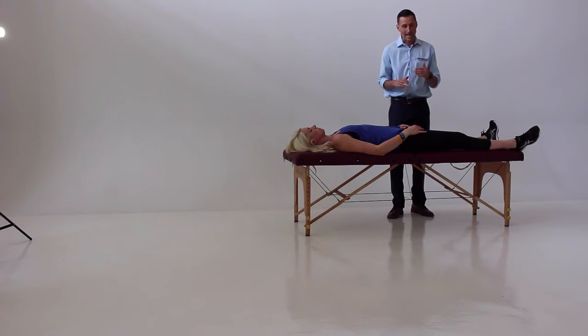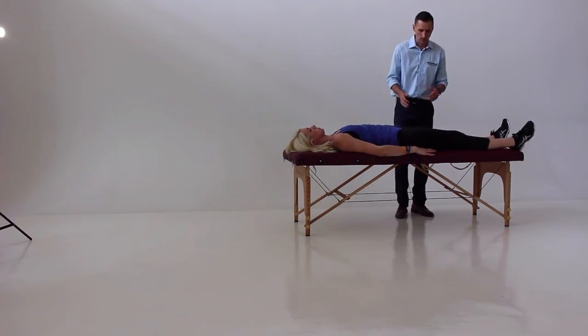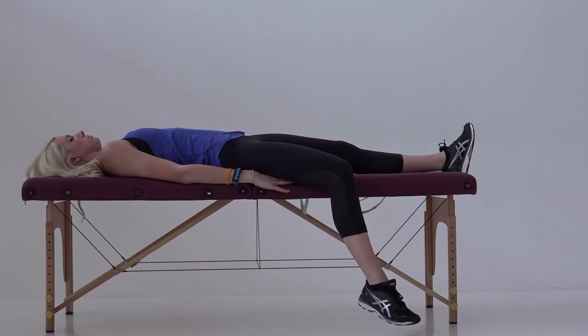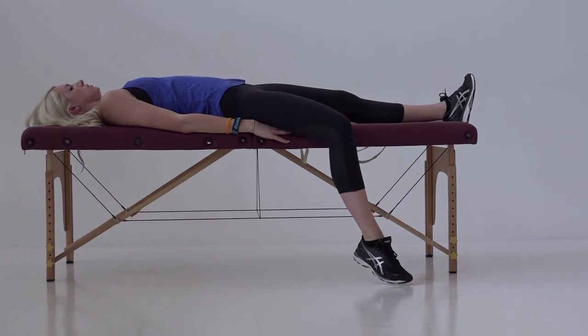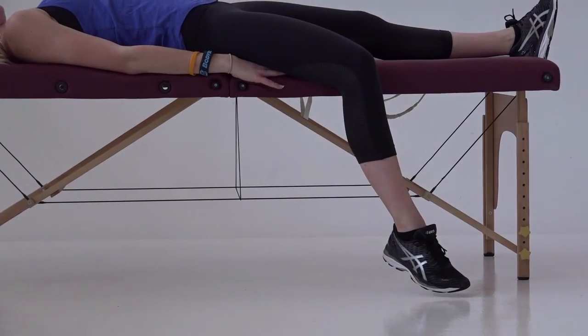And so a great at-home test that you can do to gauge the flexibility of that muscle is also the same exact type of stretch that we're going to do with it. What you would do is scoot towards the edge of the bed, just like we have here, and bring the leg off and just let it hang. Number one, you want to get a sense of where you are starting at, and then this is also a great stretch. You can just lay on the edge of the bed and let this foot hang off,